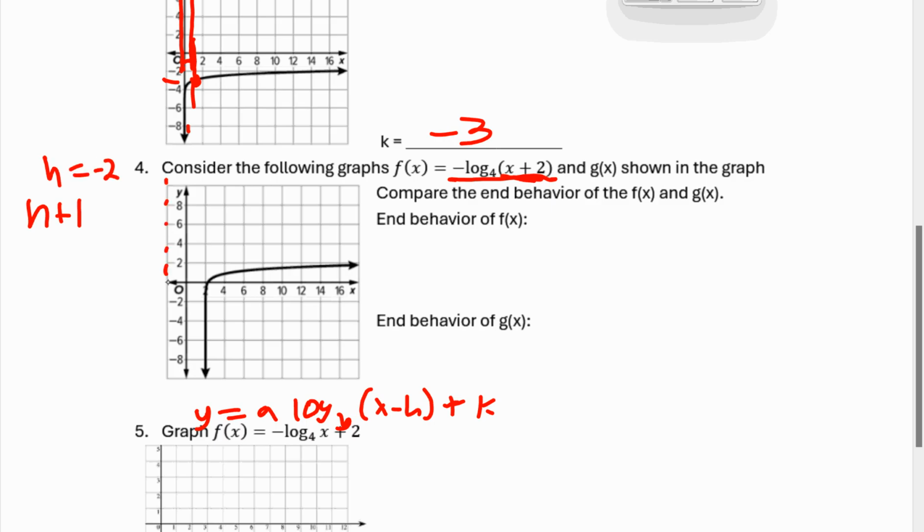So at -2, I have a vertical asymptote going through. And then here I just take my h plus 1, so that'd be -1. And then whatever I get out is going to be my k value. And my k value here is nothing. Nothing's being added at the end. So it's going to be 0. So I'm at -1, 0. So that would be my first point. So -1, 0 would be